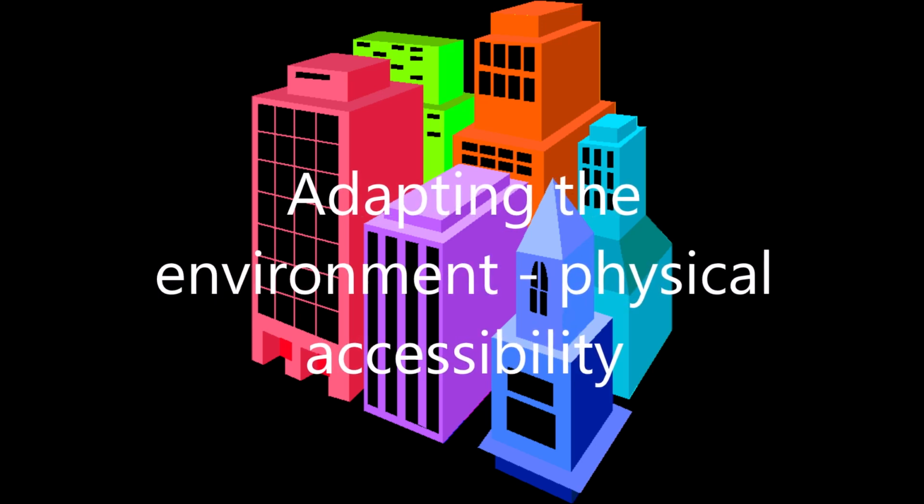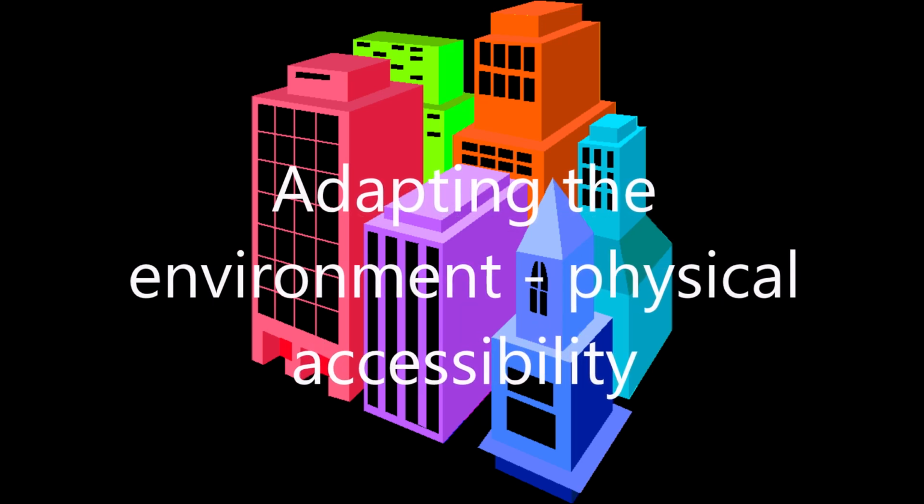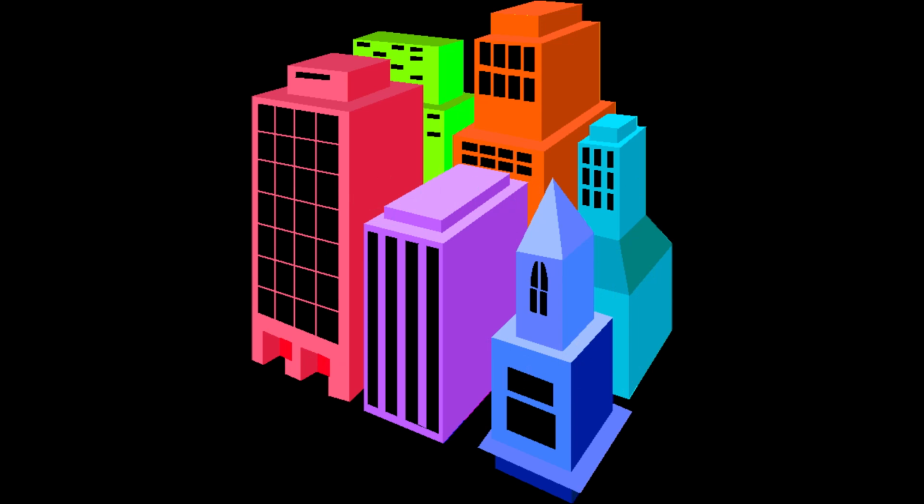Adapting the environment. Part 1. Visual impairments. Our environment in most cases makes it more difficult for people with impaired vision. To make it more accessible, we have to take into account many factors, the most important of which are: